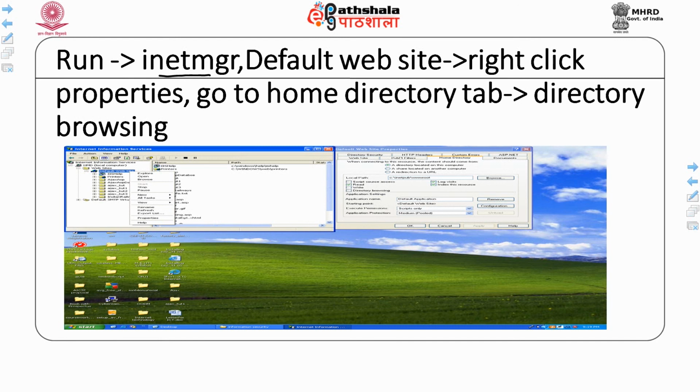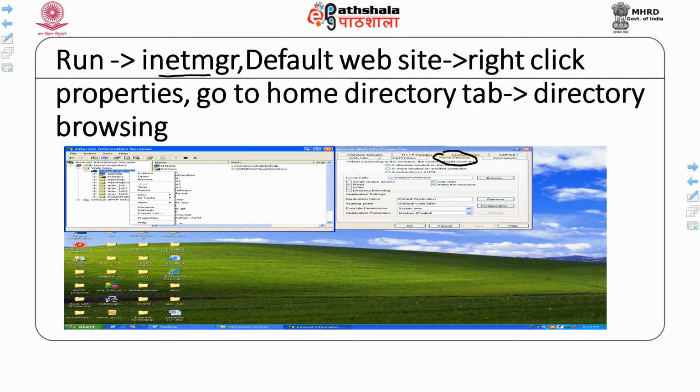If you open the properties, it would open a page like this. You have to go to home directory, and in that you have to check the directory browsing. So, you can find out whether directory browsing is enabled or not.